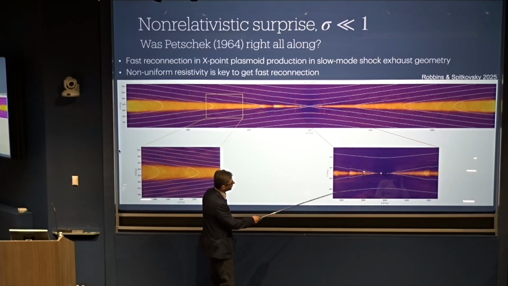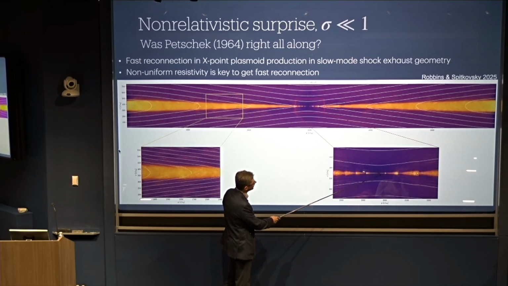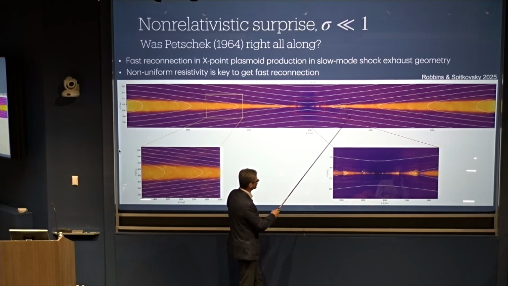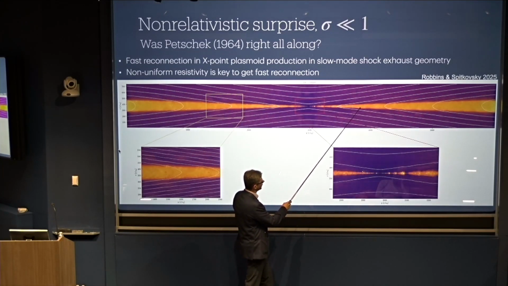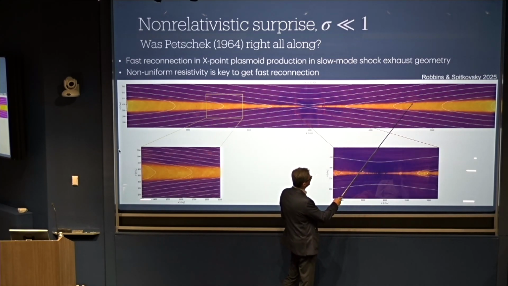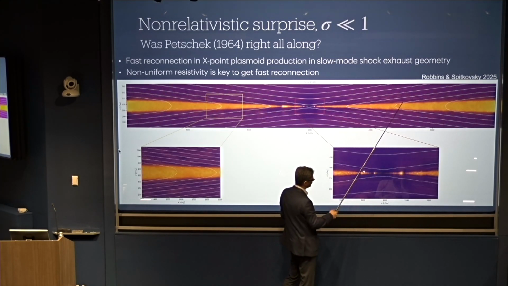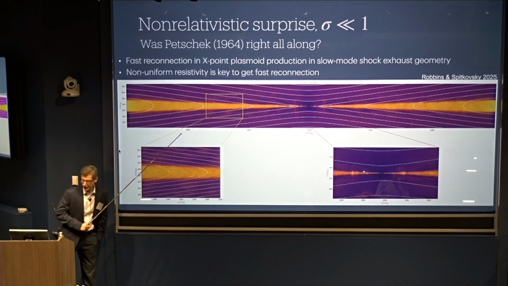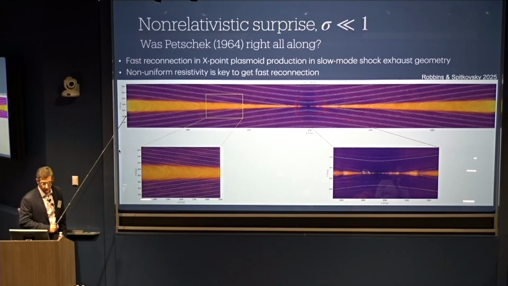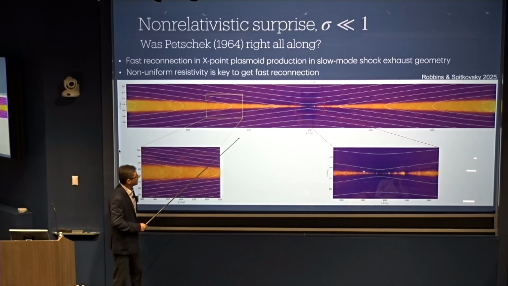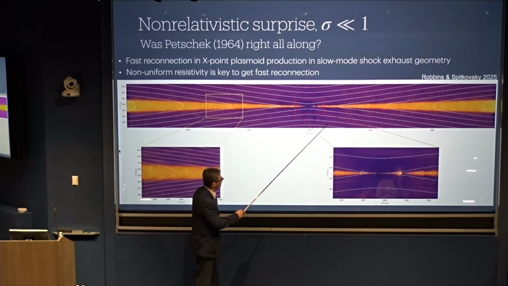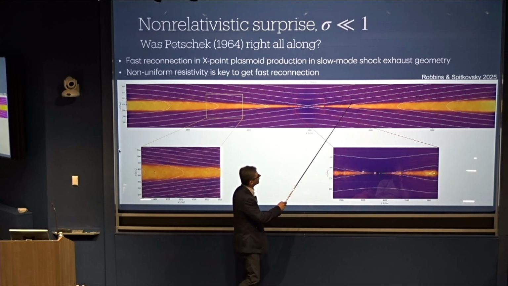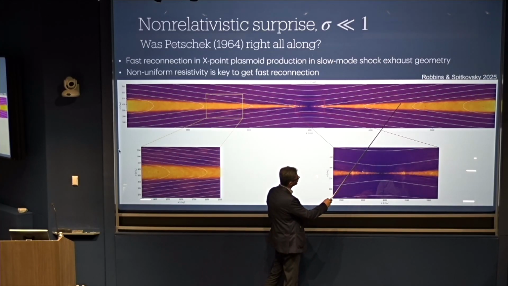Over here, zoom in, you still see plasmoids happen. But then those plasmoids don't become enormous, all-encompassing plasmoids. Instead, you get this kind of diffuse exhaust separated by sharp jumps in density, temperature, et cetera. In fact, this looks like the solution that was proposed by Petschek in 1964. What's happening here is that most of the reconnection happens right around this X point, but then you have this exhaust,